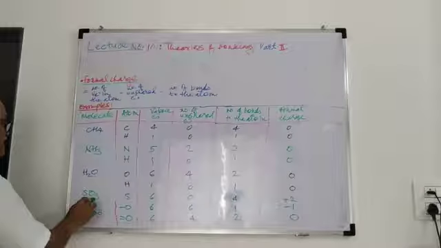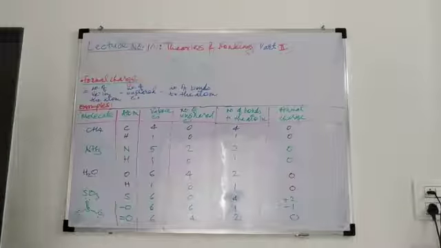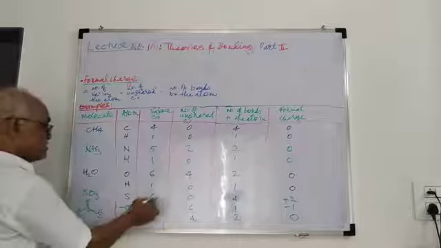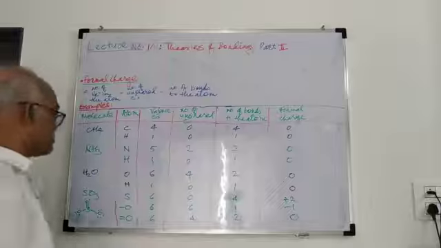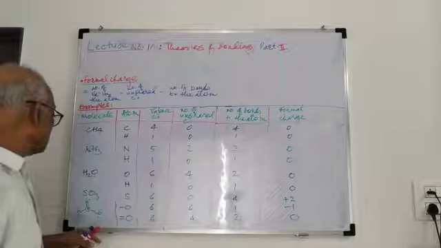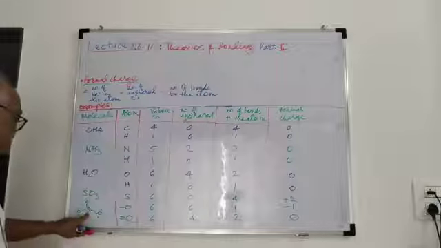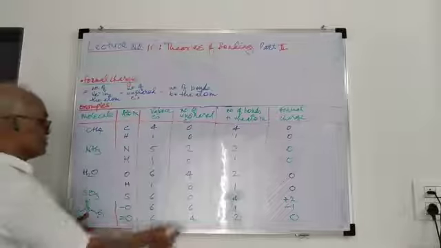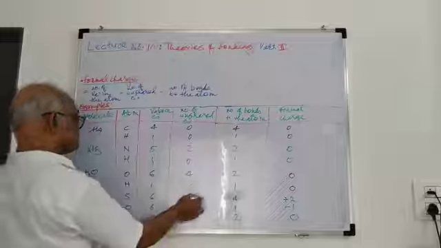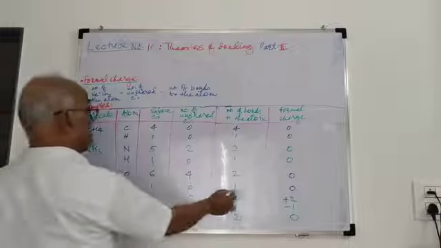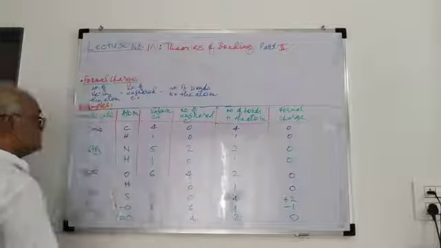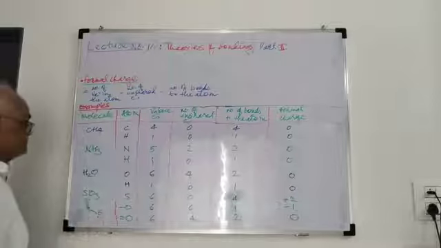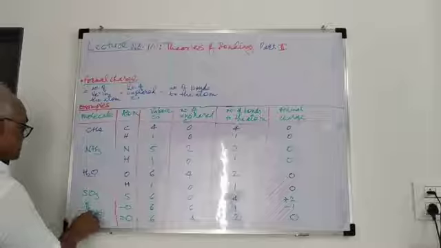Now if we take the example of SO3, there is a sulfur atom at the center. Sulfur has 6 valence electrons. See the structure, sulfur has no unshared electrons, so 0. Then sulfur has number of bonds to the other atoms, these 2 bonds and these 2 bonds.